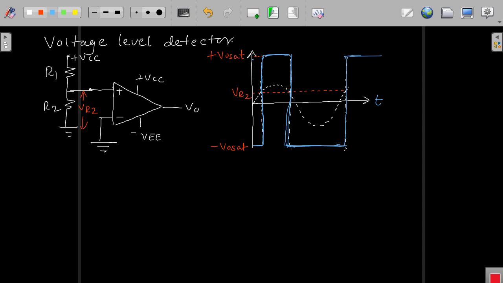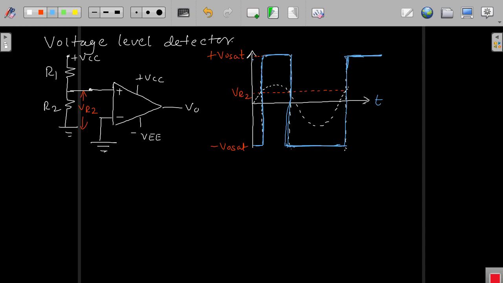Now if you vary that VR2 using a pot or something like that, it is possible for us to get the output anywhere you want as per your requirement. It switches between plus V0 set and minus V0 set, right? So here the reference voltage now becomes VR2, right? When the input goes above VR2,